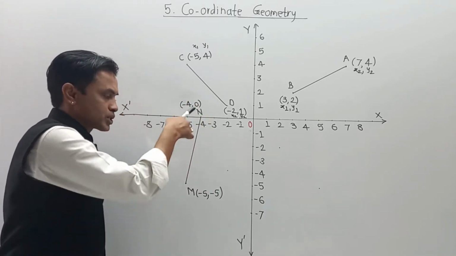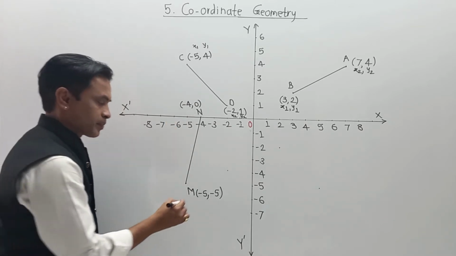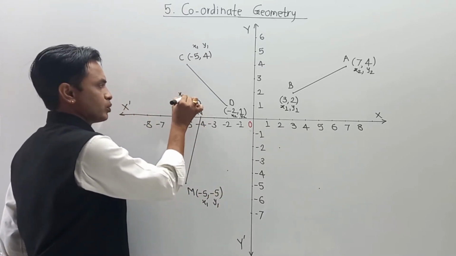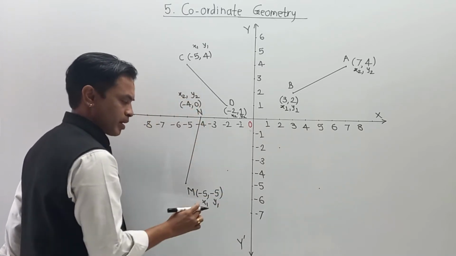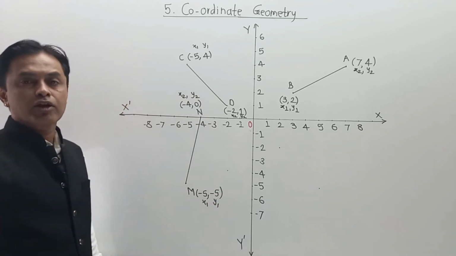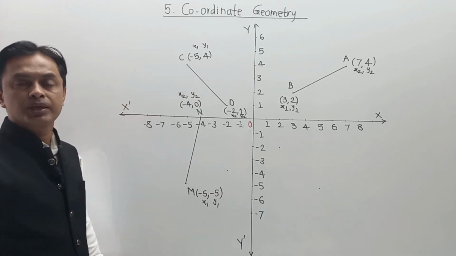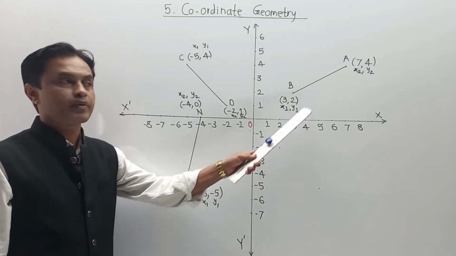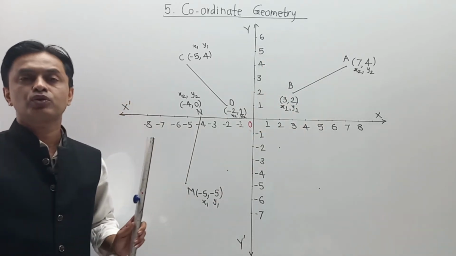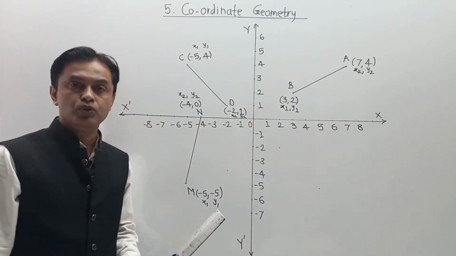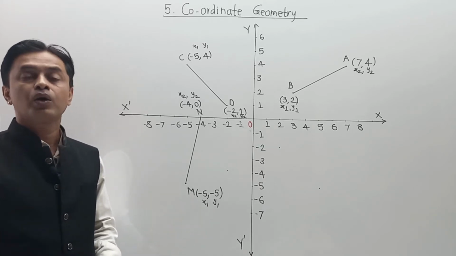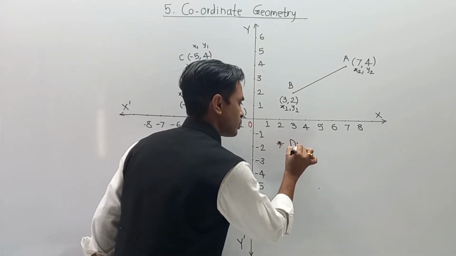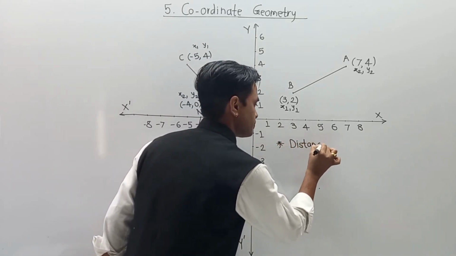Again your approach remains the same. If you want to calculate the distance between M and N, then M becomes your x1, y1 and N becomes your x2, y2, or you can take this point as x1, y1 and that point as x2, y2, and according to that you can measure the distance between them with the help of the distance formula. For any first point you indicate x1, y1, and the next point x2, y2. You just draw a simple horizontal line. You are not supposed to draw a graph, and you use a formula called the distance formula. Now what is that formula?